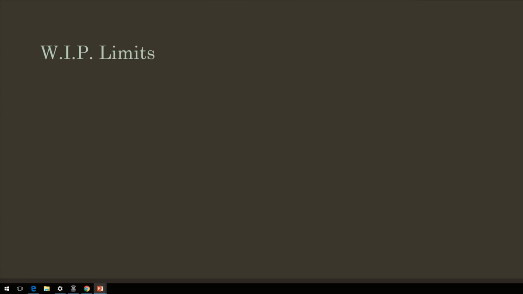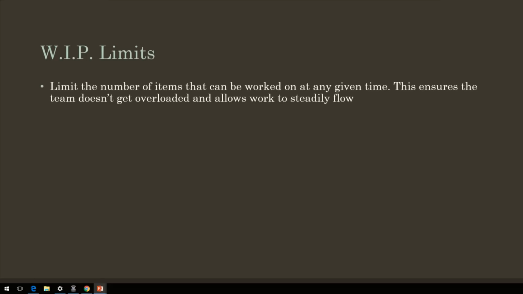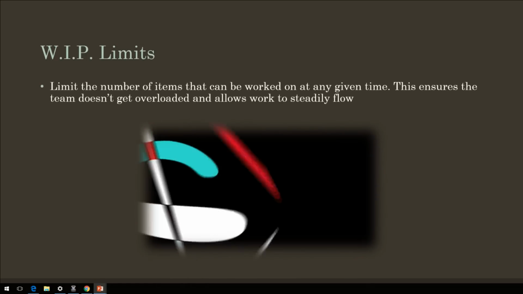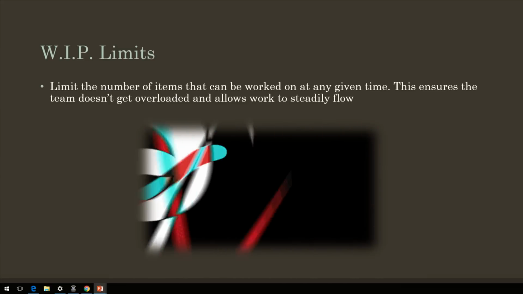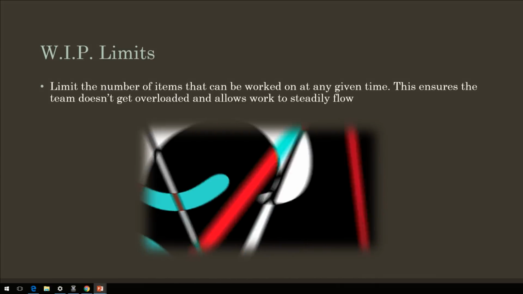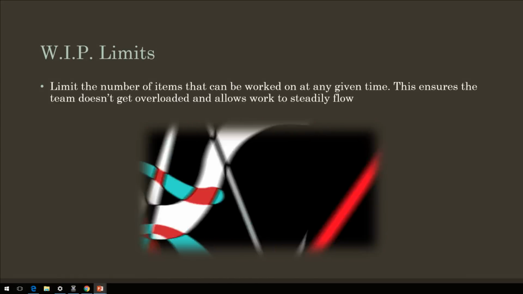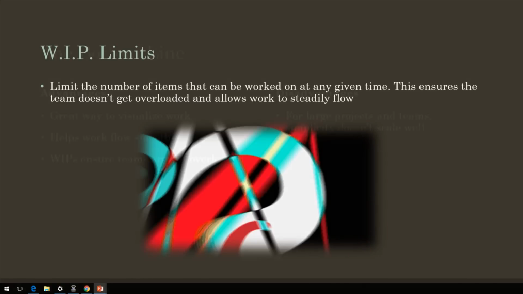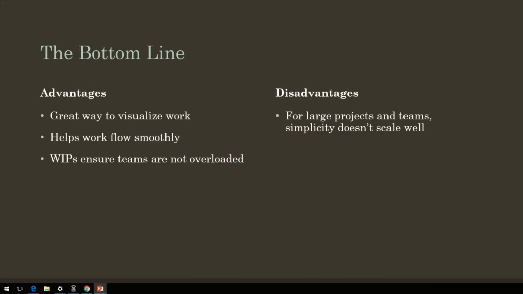The last thing we should probably talk about with Kanban is WIP limits. This is work in progress limits, and the idea is that you don't overload any particular column, to do or doing, because you don't want your team to get overloaded. You want a nice, steady workflow, and so the WIP limits help you do that without overloading everybody and getting everyone stressed out. So the bottom line,